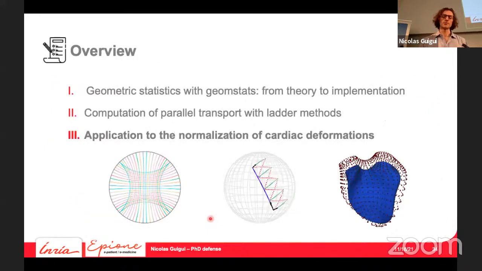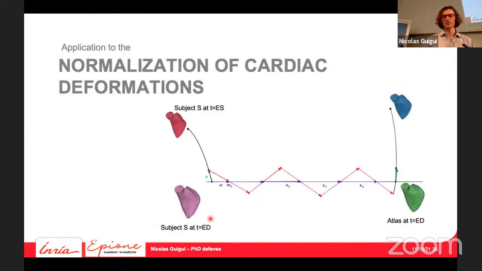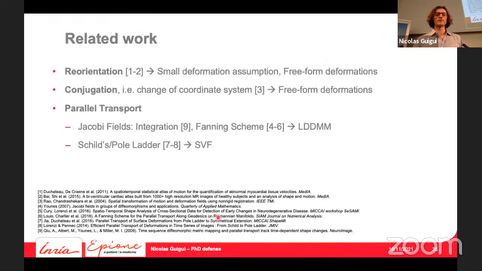So now that we can compute on general manifolds and compute parallel transport with ladder methods efficiently, we can apply those results to our initial problem of normalizing cardiac deformations. And in order to do so, we should use parallel transport to transfer deformations from a subject's anatomy to an atlas. And of course, this problem of normalizing cardiac deformations is not new in itself, and it was addressed partially